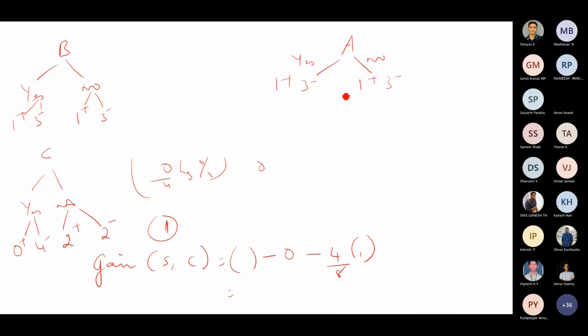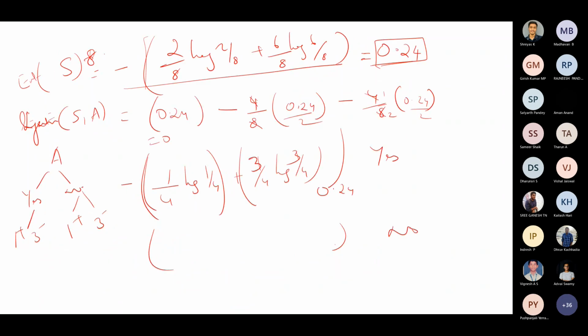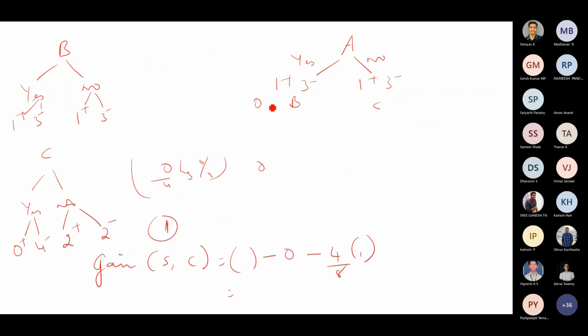So from these two nodes again you have to choose B and C. Okay. So again you have to carry out recursively. This is 0.24, right? So for this 0.24 you have to calculate with respect to B, and for this 0.24 you have to calculate with respect to B as well as C. So whichever is maximum you have to choose that as your next node and so on. Okay. So here again what node will you choose? You can try to choose and then try to go to the next level.